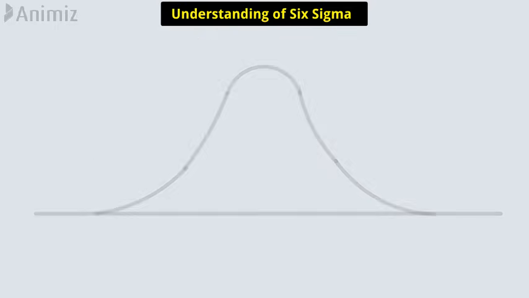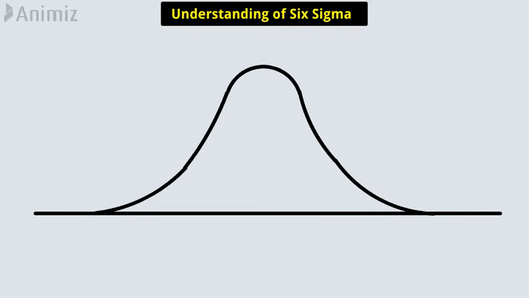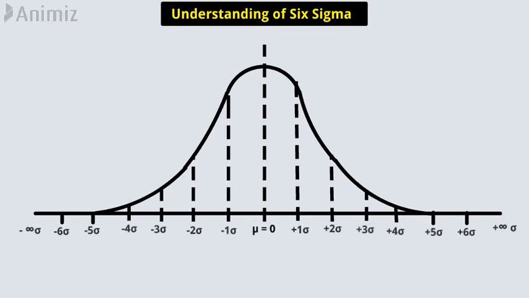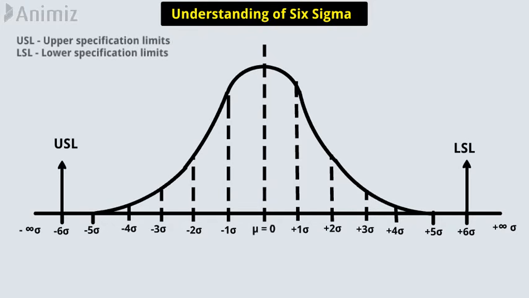Let's understand Six Sigma by this figure. This straight line is the mean line, represented by mu equals 0. The horizontal axis shows distance from the mean, denoted in units of standard deviation, which is represented as sigma. The upper and lower specification limits are at a distance of 6 sigma from the mean. Even if the mean were to move right or left by 1.5 standard deviations, or 1.5 sigma, there is still